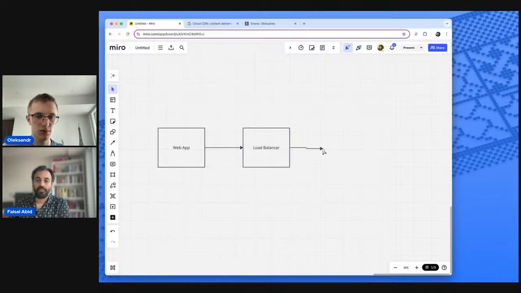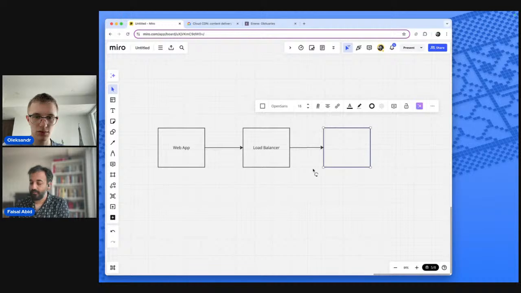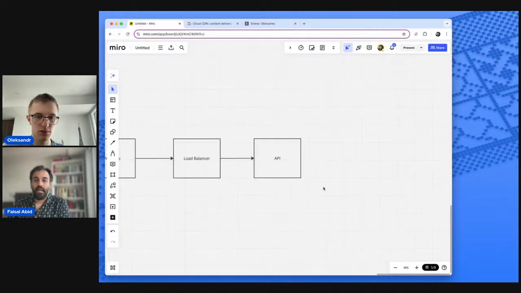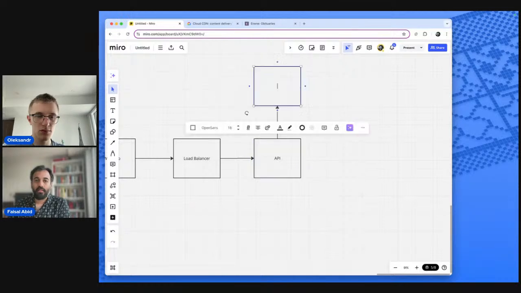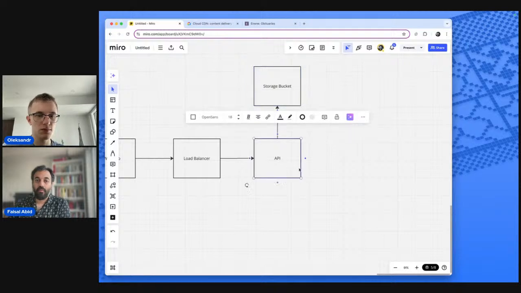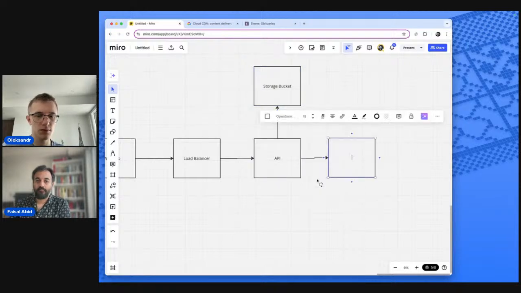The load balancer is talking to, this is a very simplistic API, an API. And then the API can talk to a storage bucket. The API will also talk to a CDN.